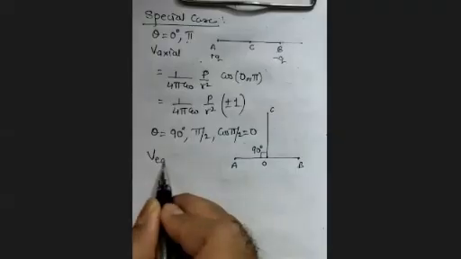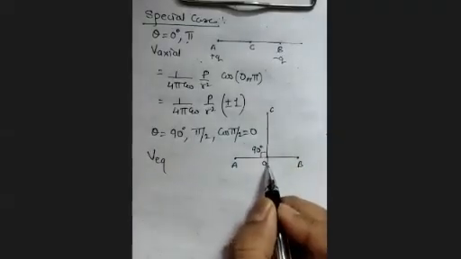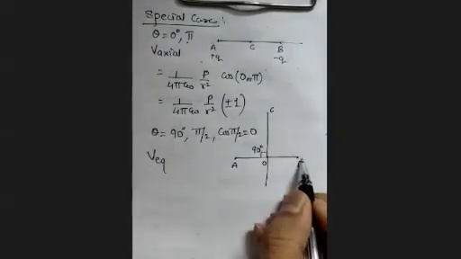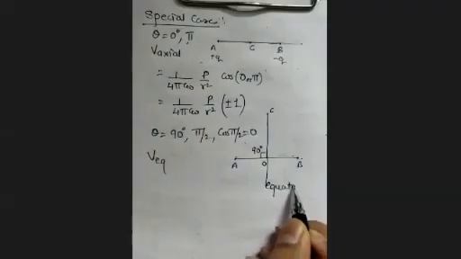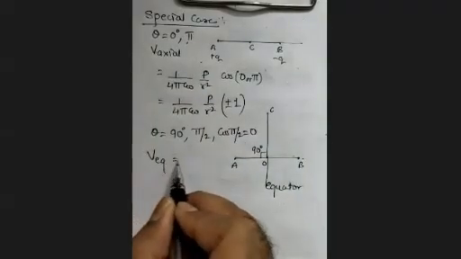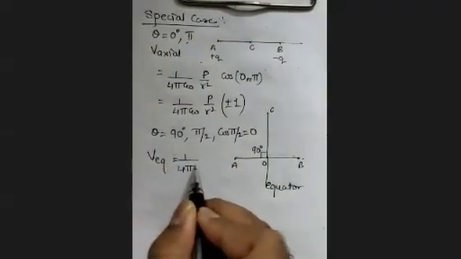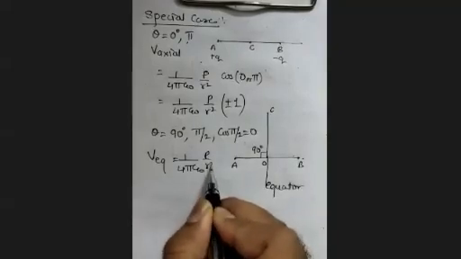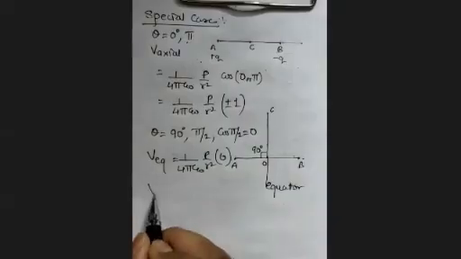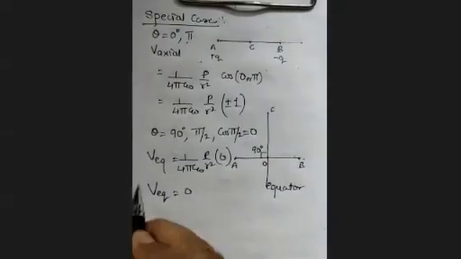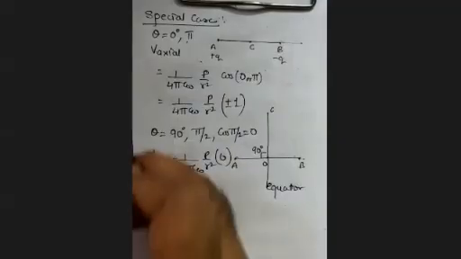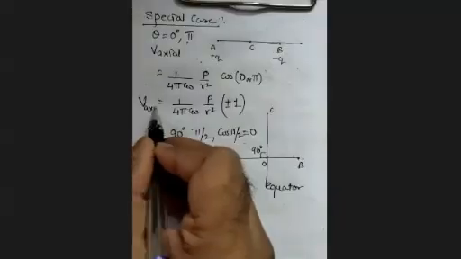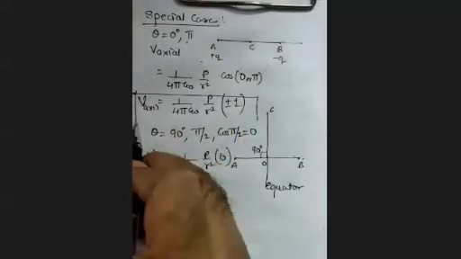Therefore the line which is perpendicular to the axis is called the equator. Therefore potential at equator will be equal to 1/4 pi epsilon naught P upon R square into 0, and anything multiplied by 0 becomes 0. Therefore potential at equator is 0. We have potential at axis is maximum and potential at equator is